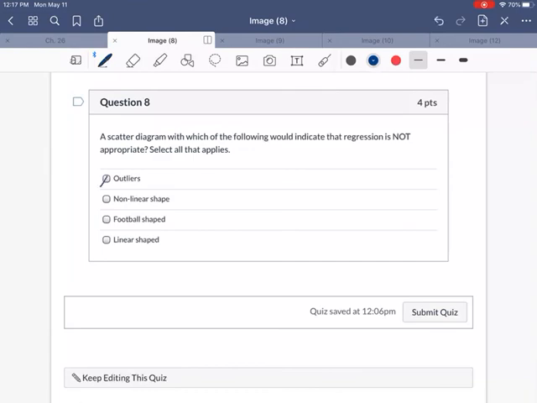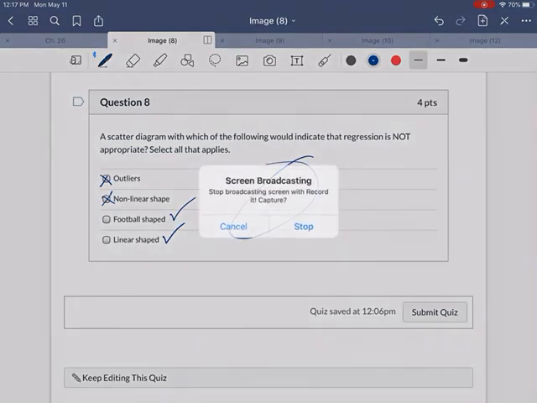And number 8, the scatter diagram with which of the following would indicate that regression is not appropriate. Select all that apply. If it has outliers, you don't want to do regression. Remember, regression is when it's football shaped or linear shaped. So if it's non-linear shaped, you don't want to do regression. Football shaped is perfect. Linear shaped is perfect. That's what we want in order to be able